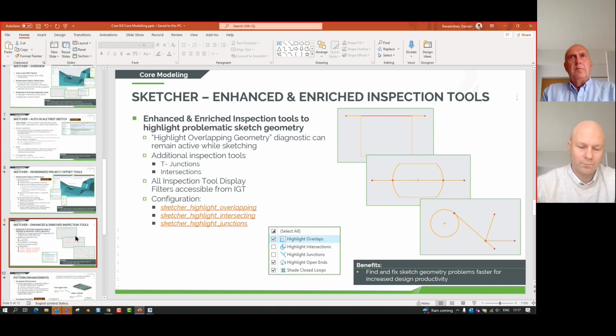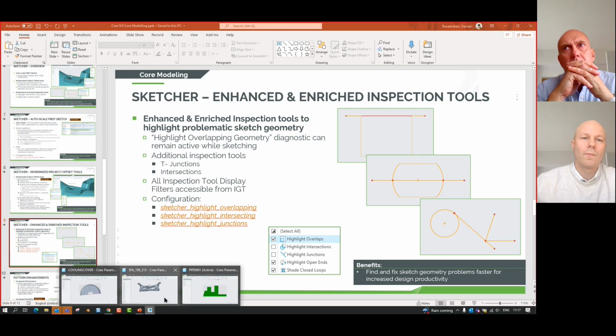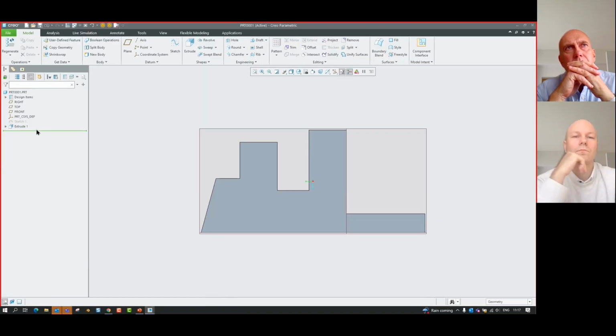Customers would often create very complex sketches, and they would find that these sketches would be incomplete, which means that they cannot reference that sketch or use that sketch in any sort of geometry creation feature like an extrude or revolve. Before in Creo 8, it would be quite hard to identify this overlapping geometry, but in Creo 9, it is very simple. So I'll just jump back to the part that I just created.